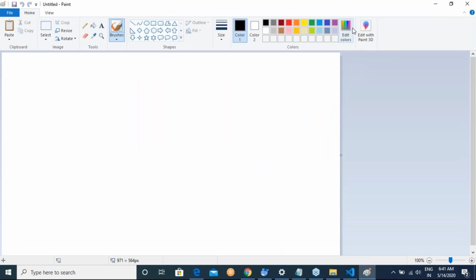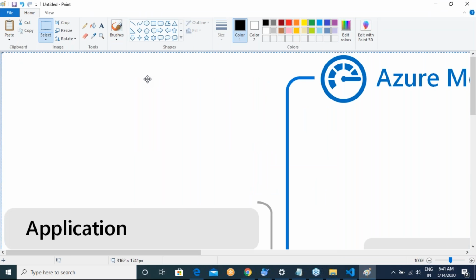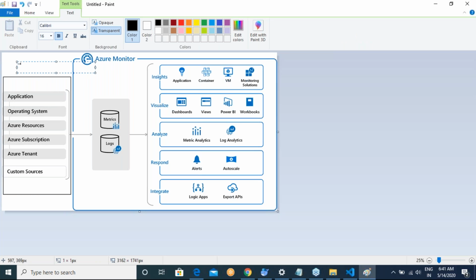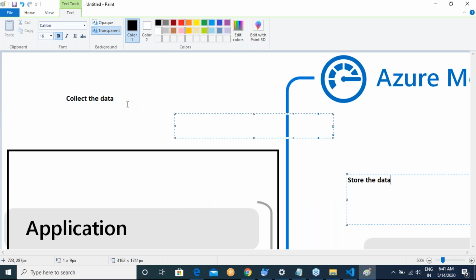These are the different sources where we collect the data from.